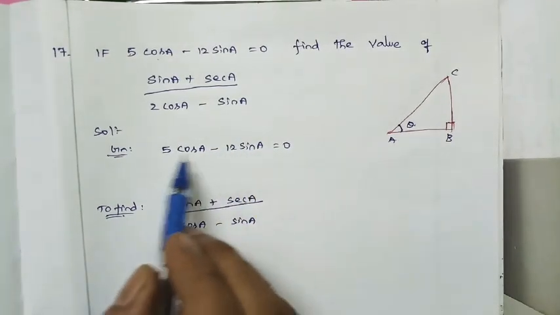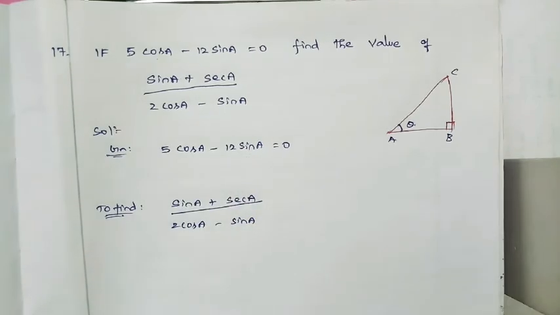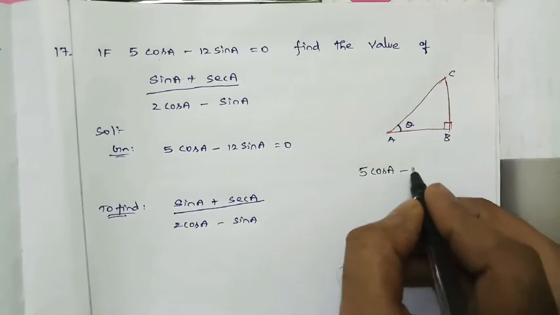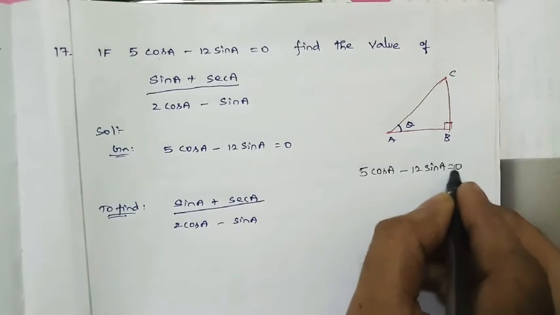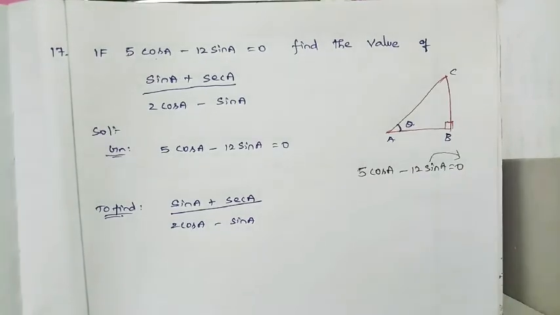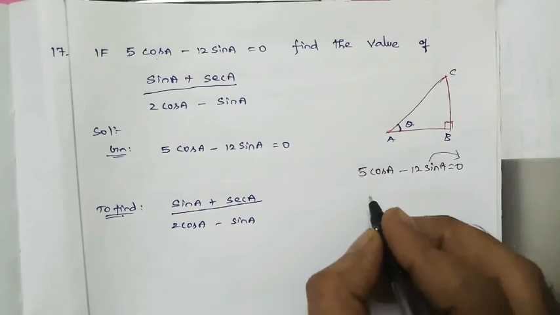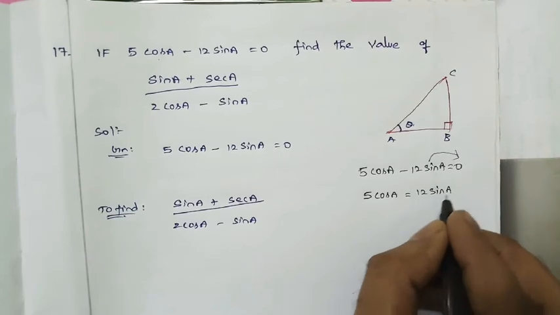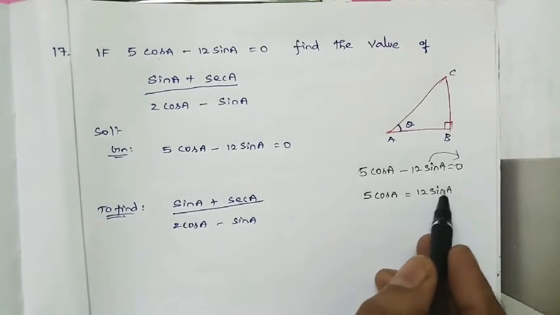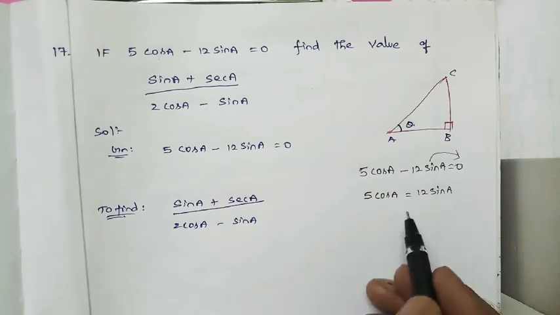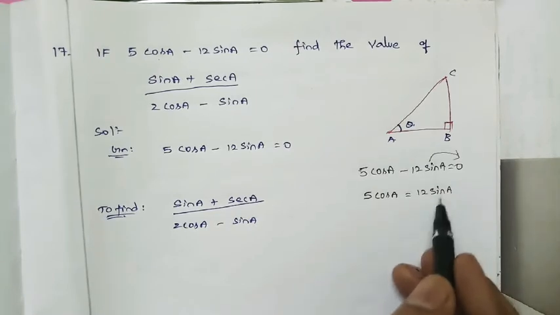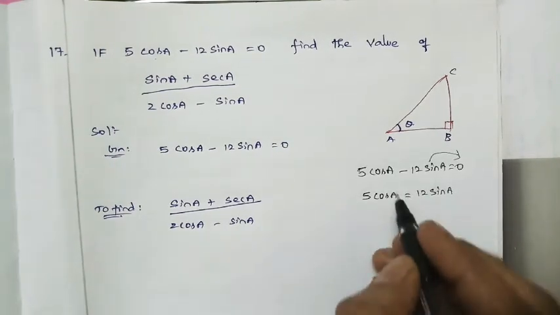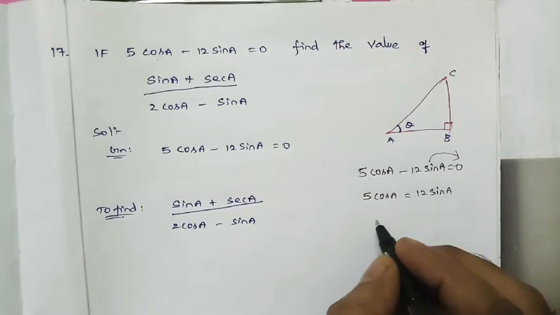Just take the given 5 cos a minus 12 sin a is equal to 0. Taking minus 12 sin a to the RHS, it becomes plus 12 sin a, so 5 cos a is equal to 12 sin a. I am bringing the constants fully to one side and the trigonometric ratios fully to one side, then we will get a trigonometric ratio. Taking the constant 5 to the RHS and sin A to the LHS, then it becomes